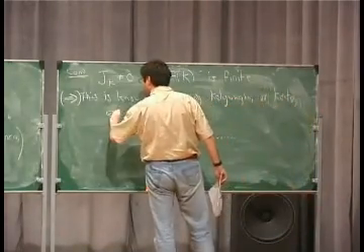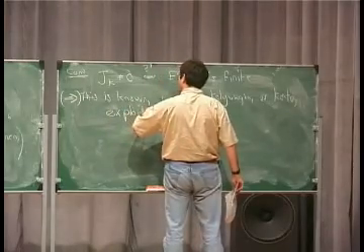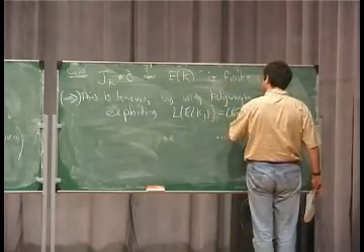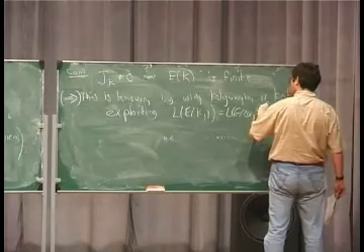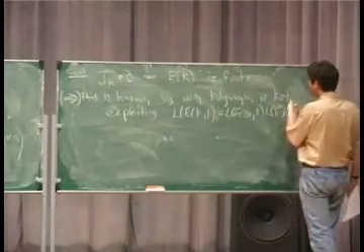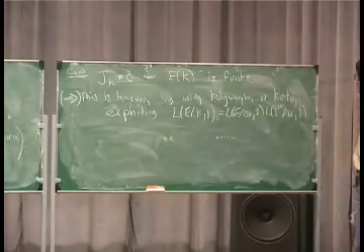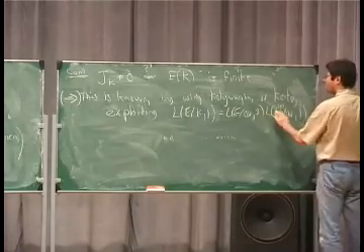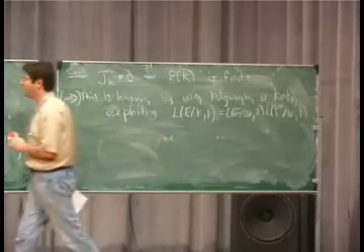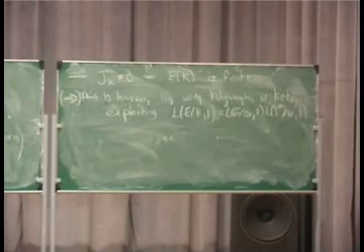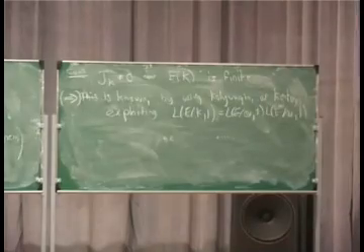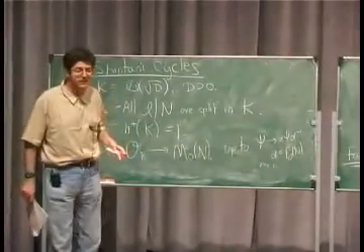But one has to cheat in the sense that one has to exploit the factorization of L of E over K at 1 as a product of two L series: L of E over Q, times the L series of a twist of E, again over Q. Or the L series of E twisted by a Dirichlet character, that's the same thing, the quadratic Dirichlet character attached to K. Well, it's not the kind of proof that one would like, for the very simple reason that if I now relax the setting a little bit and cease to assume that the narrow class number of K is equal to 1,